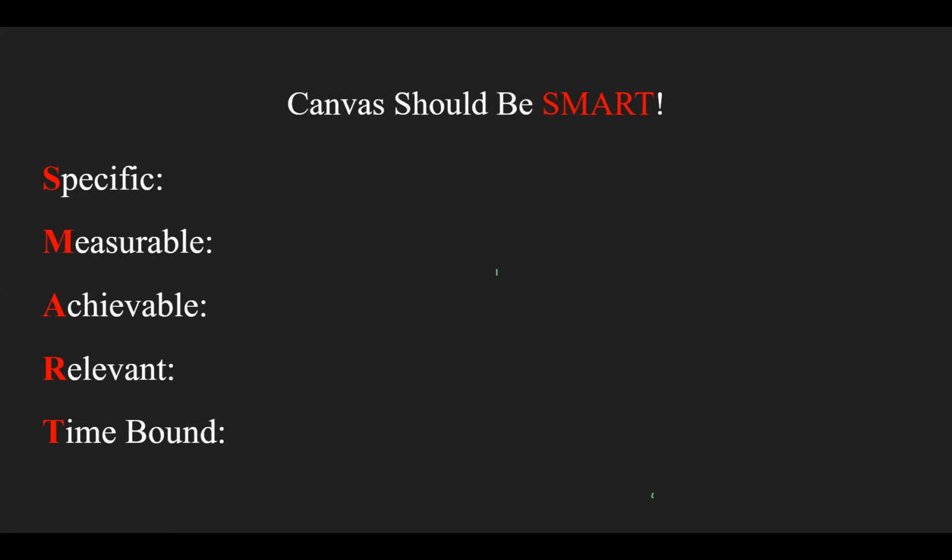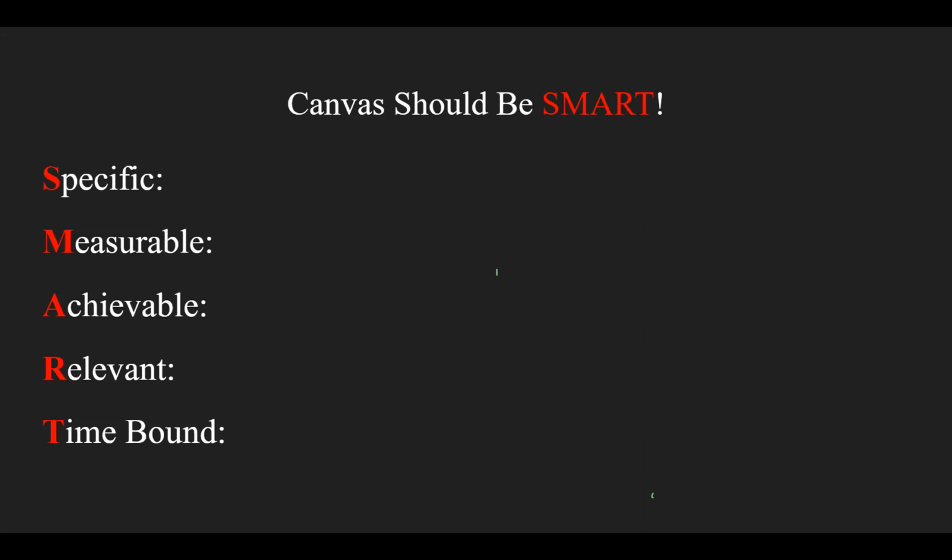First of all, it should be specific. For example, you're selling lemonade, and in the customers part, who's going to buy this, you shouldn't just write down people. Okay, you're selling lemonade. Yes, people will buy the lemonade, but you are working in a small community. You're selling lemonade in a small community, and you're not going to be able to sell lemonade to some person in Antarctica. So first of all, the things you write down should be specific for the canvas to make more sense.